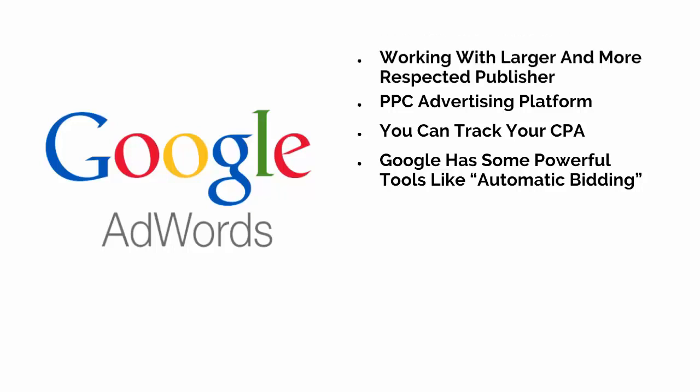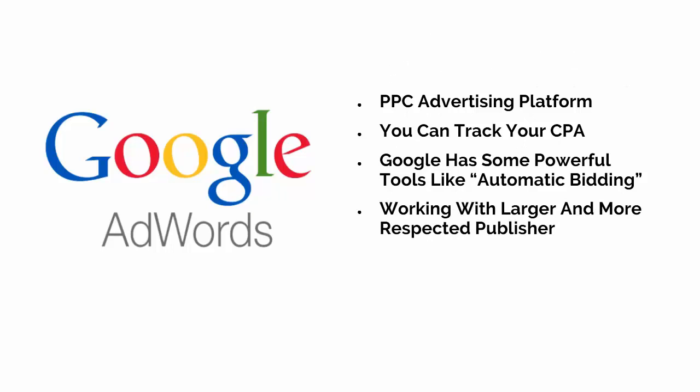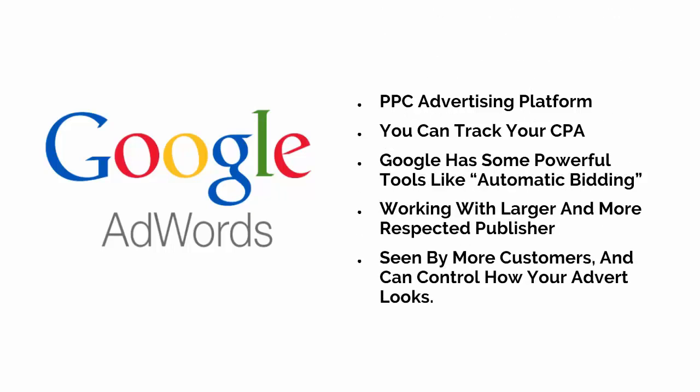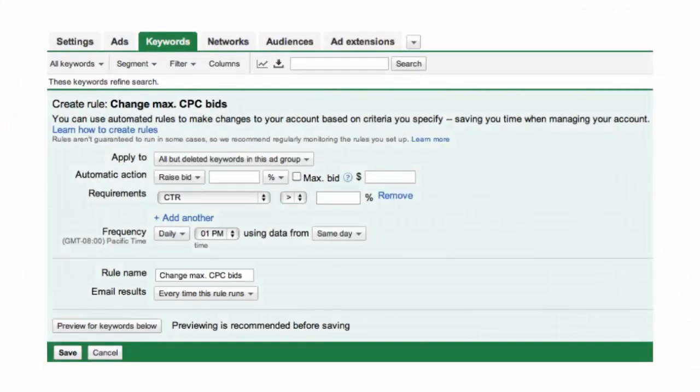At the same time, you'll be working with a much larger and much more respected publisher. You'll be seen by infinitely more potential customers and you'll be able to closely control how your advert looks. So how do you go about using CPA with Google and what does it look like? To do this, you will go to set up a Google ad as normal and then select Automated CPC when